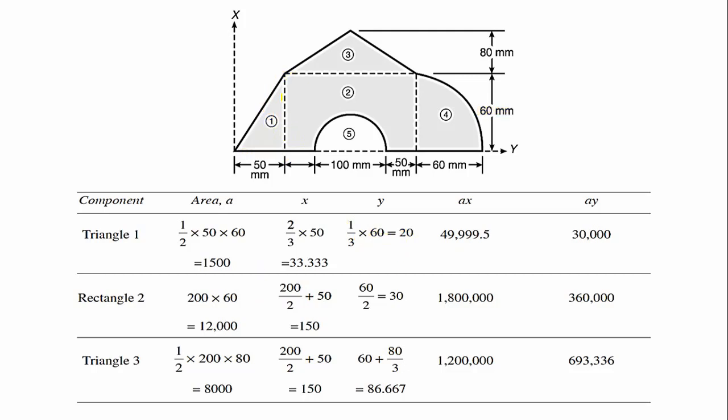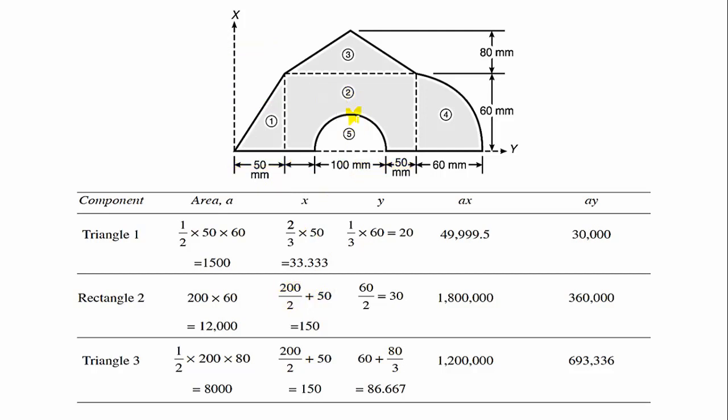Next we will try to calculate for this rectangle. How do you calculate? B by 2, D by 2. The centroid of the rectangle will come somewhere here. With respect to the reference axis we require the distance. This total distance is required. The width of the rectangle is 200. So this distance will be 200 divided by 2. But our requirement is with respect to this reference axis. This distance also has to be added. Therefore plus 50 mm. This is along x.